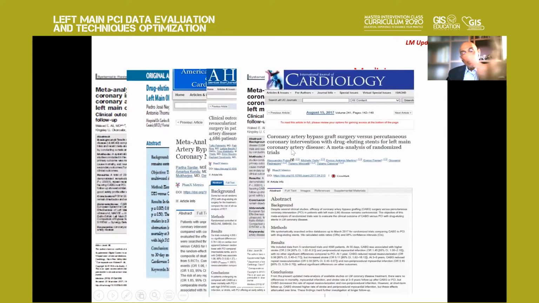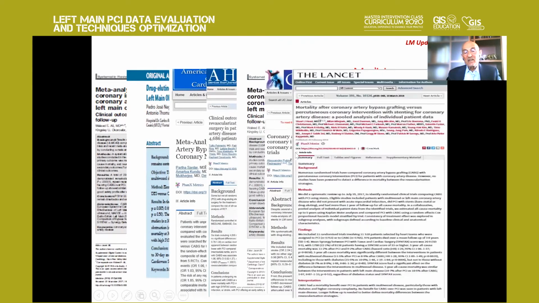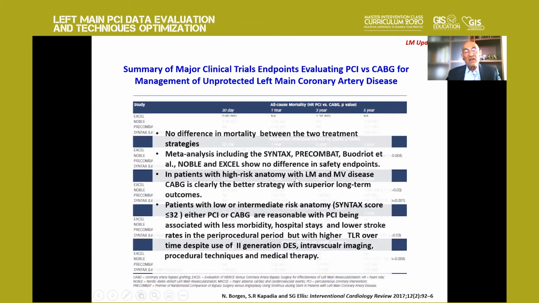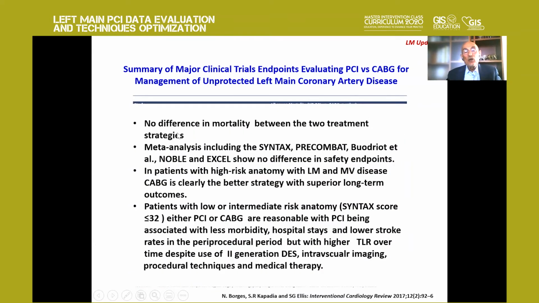Mainly, I will not go through all these results, but I will show you again that all these meta-analyses and randomized studies came to the same conclusion, that there is no difference in mortality between the two treatment strategies. Meta-analyses, including Syntax, Precombat, and other Nobel and Excel as well, show no difference in safety endpoint. In patients with high-risk anatomy with left main and multivessel disease, surgery is clearly the better strategy